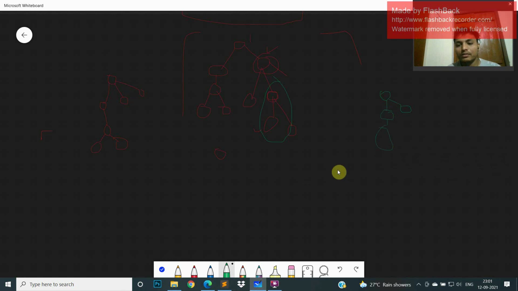If we rehang them in a straight line, then this is the optimal answer. So I will cut it from here and rehang it here.